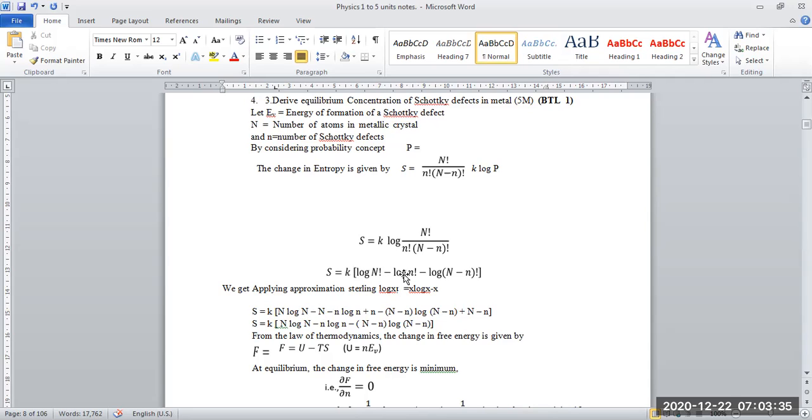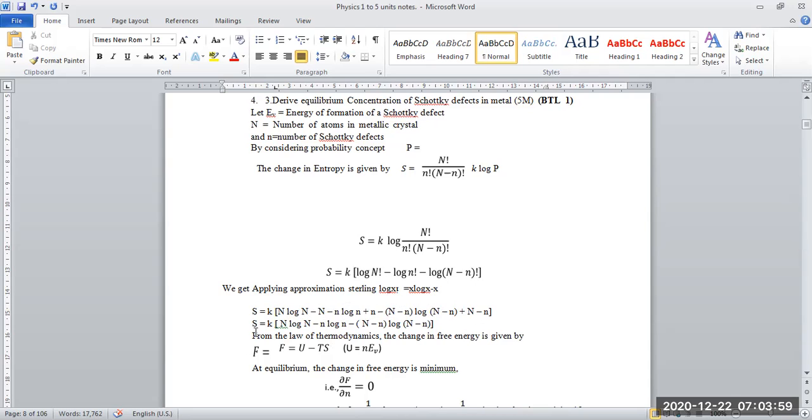So what is there here? Minus n log n minus of n. So minus into minus plus n. So that is the reason that small n log n plus n. Similarly, this is the case for log of capital N minus small n. So here also I'm writing it as capital N minus small n log of capital N minus n plus n